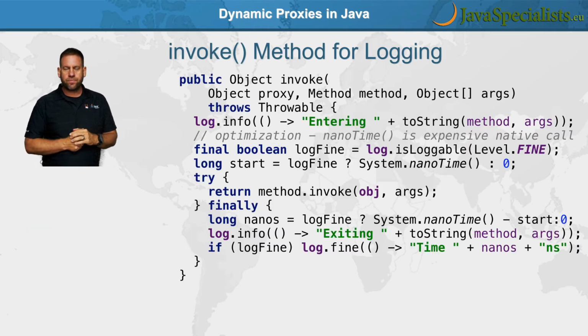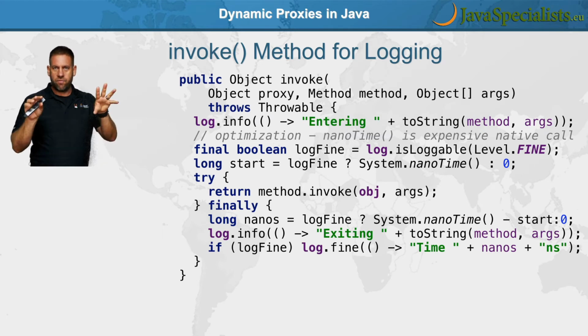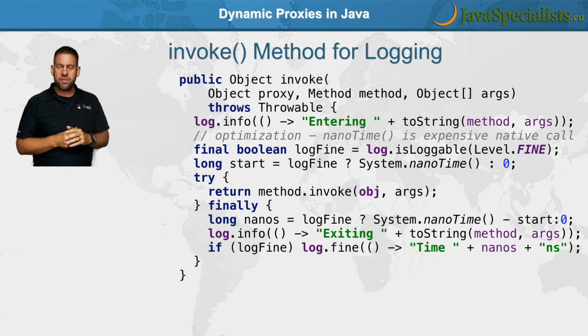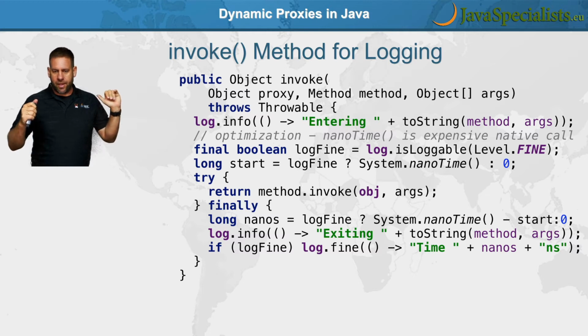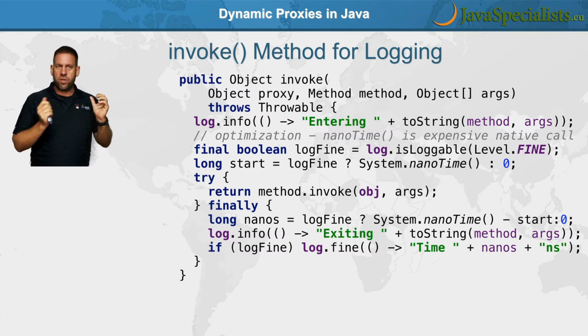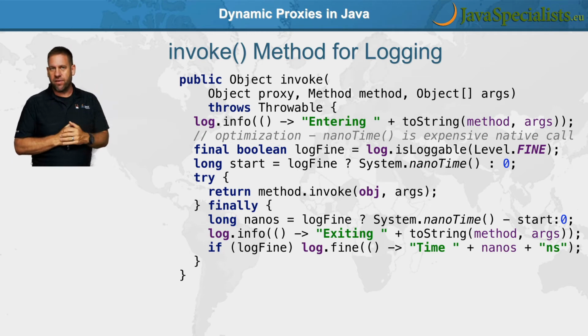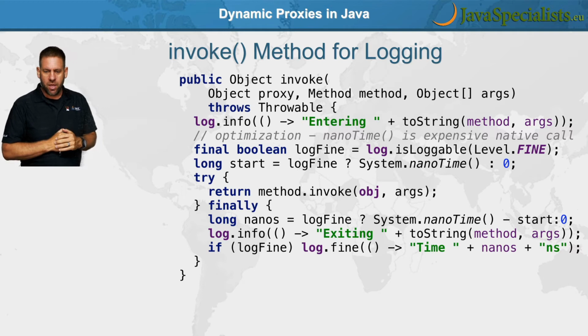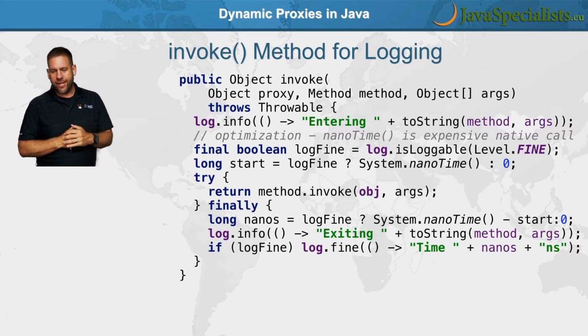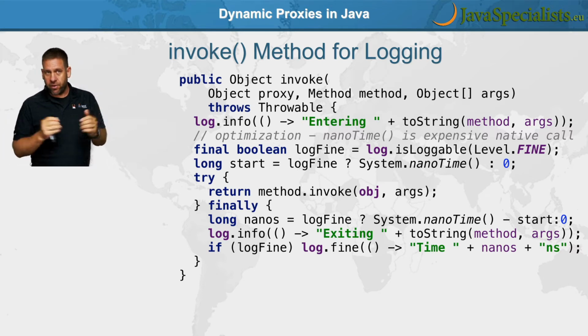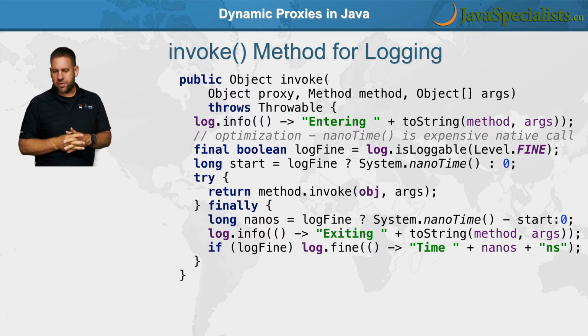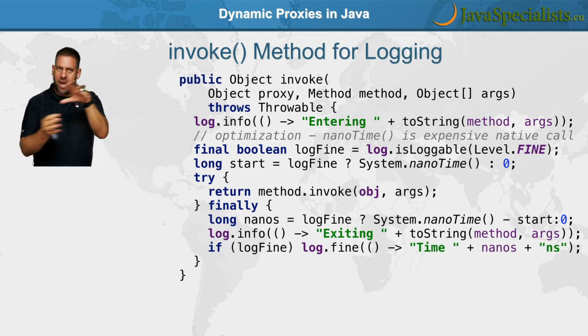Here's the invoke method. It does log.info with information about the method and the parameters, and then if we've got fine level enabled, we're also going to log the time, the nanotime. I've made it optional on and off because nanotime is a fairly expensive method to call, so we don't want to call that unnecessarily. And then we call return method.invoke with the object args, and lastly we measure the time at the end and print out also the time, and